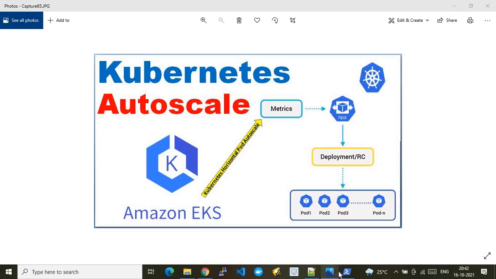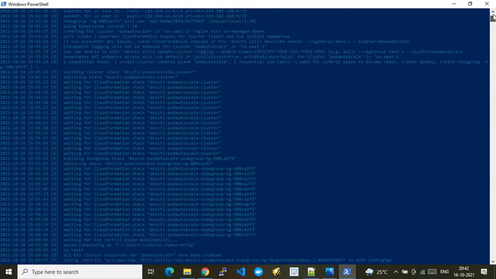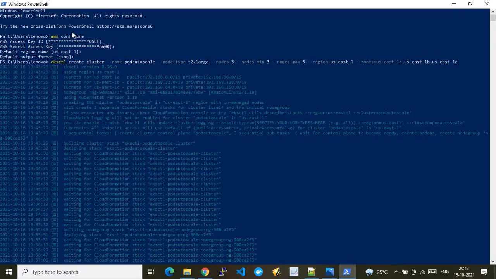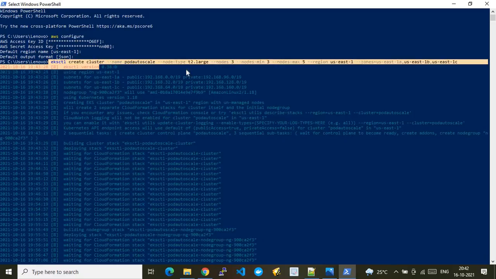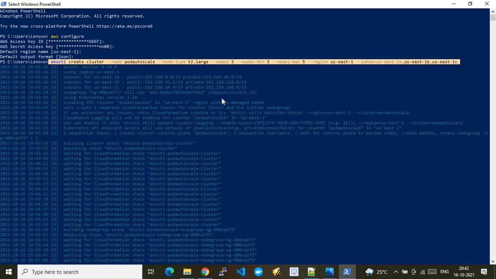To save time, I have pre-created an example EKS cluster using the eksctl tool. As you see in this picture, this is Windows PowerShell, where I have set my context to my AWS account using the access key ID, access key secret, region and output. Finally, I'm using the eksctl tool to create our example EKS cluster, which is nothing but an example Kubernetes cluster.